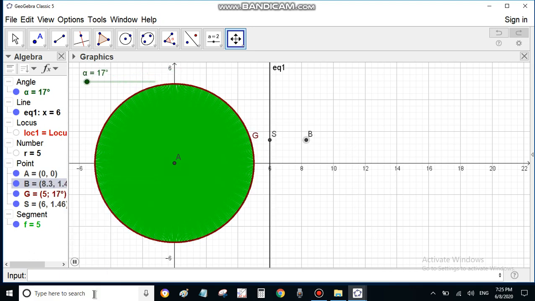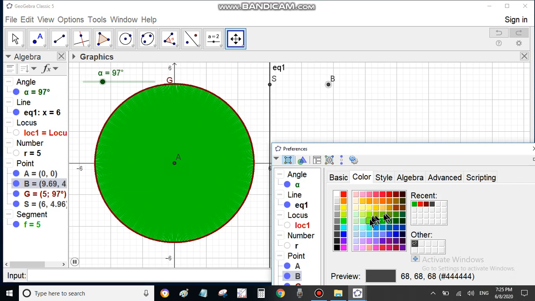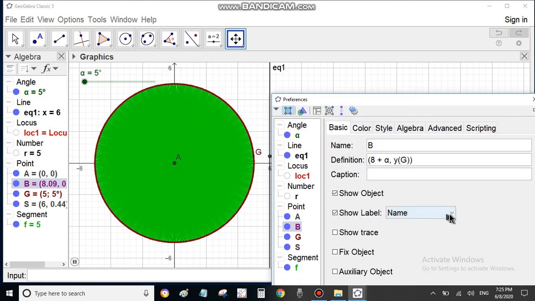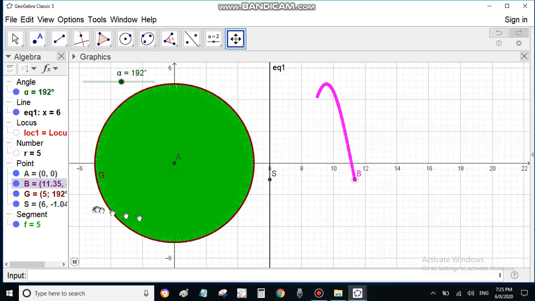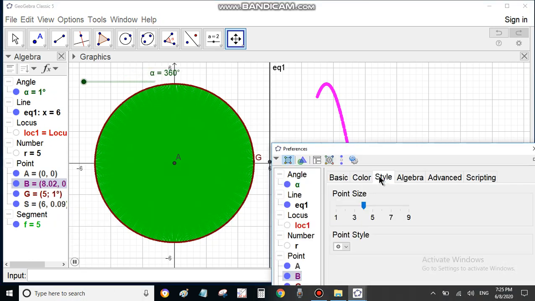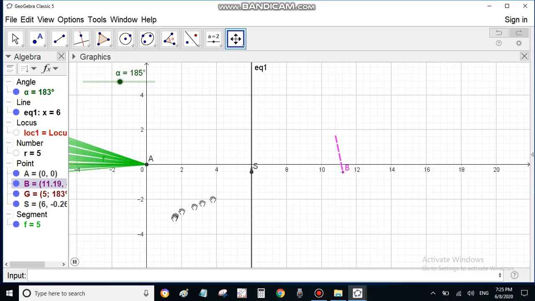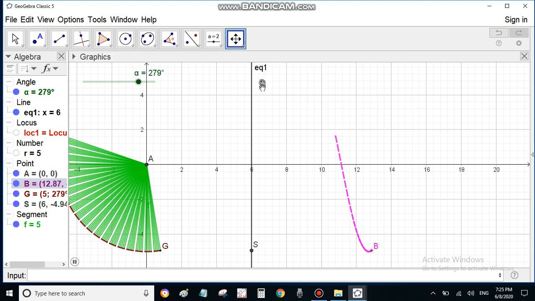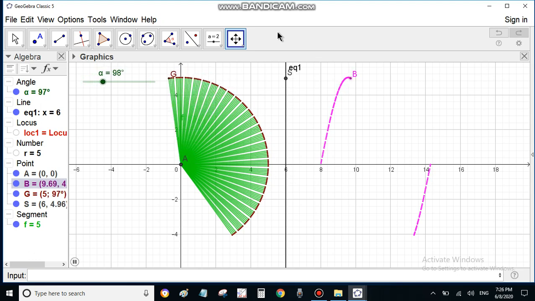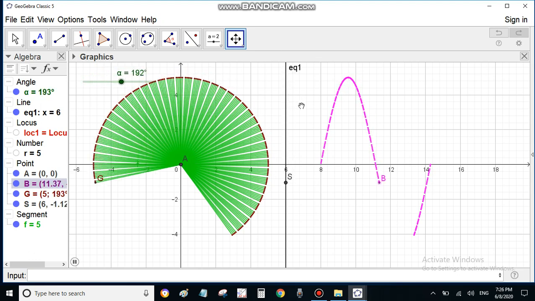I want to give some good color to that. Maybe I give magenta color, I like it. And I say that trace is on. So you will get a beautiful sine curve traced on that. I can slightly make the object thinner in styles, and please note that this is nothing but simple harmonic motion the shadow is performing, and this is a beautiful